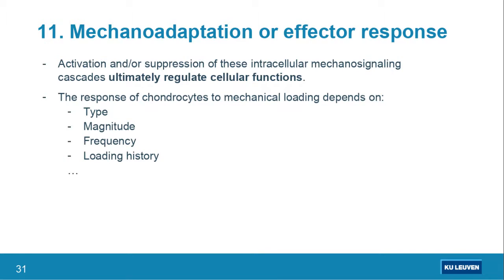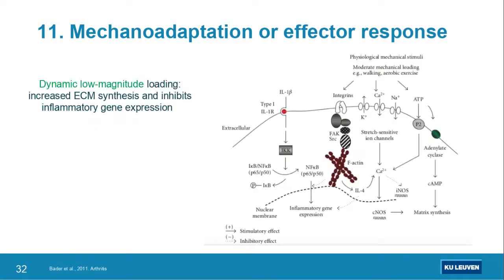There's still a bit of controversy on which type of stimuli are going to produce which type of response in the chondrocyte. But at the moment, it's more or less clear that dynamic low magnitude loading, so a more physiologic mechanical loading, is going to lead to increased synthesis of the extracellular matrix components, and it's going to inhibit